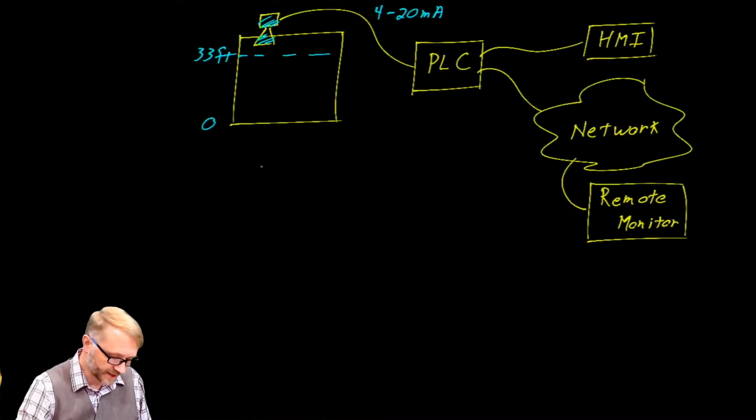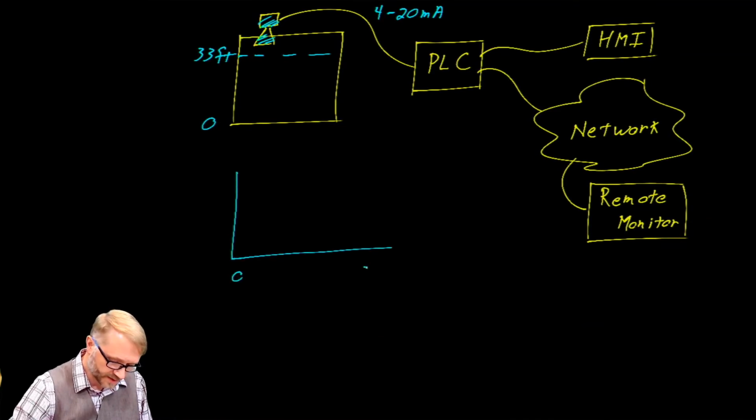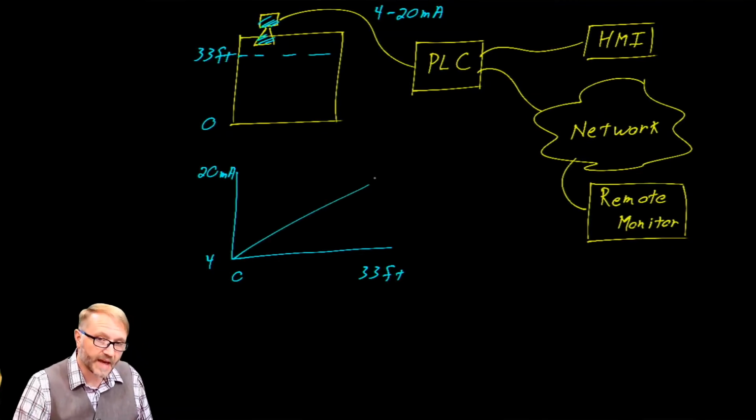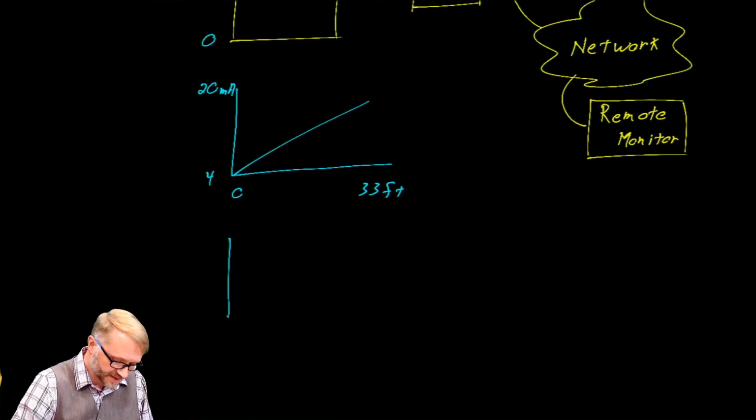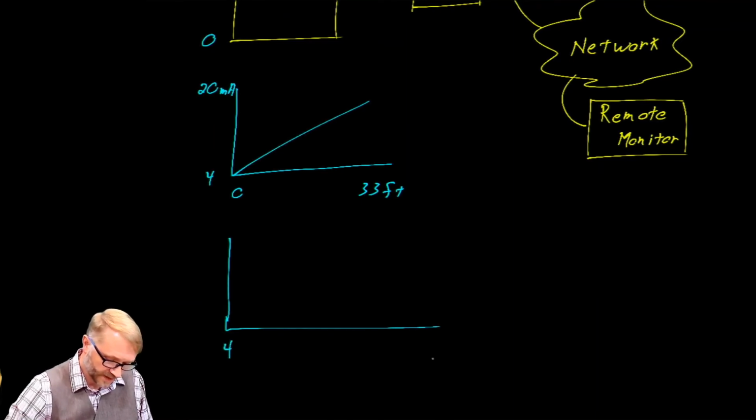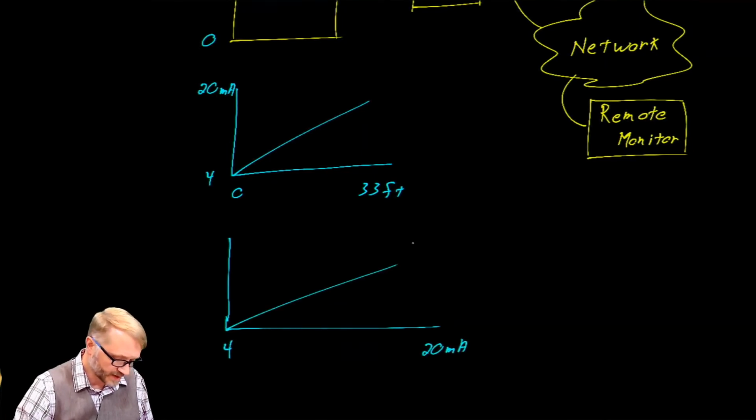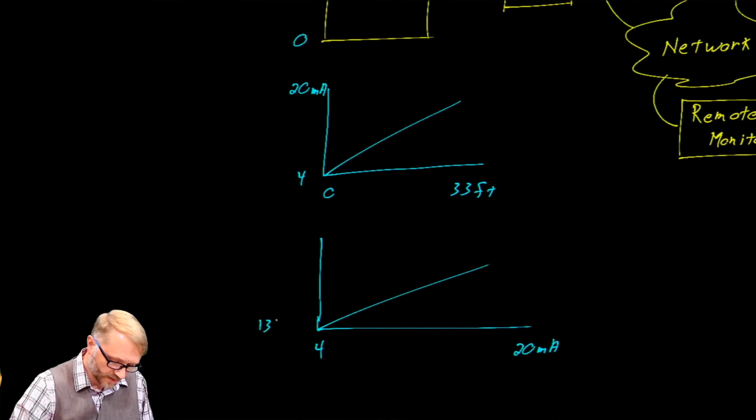That gives you a linear relationship for the sensor, where 0 to 33 feet scales from 4 to 20 milliamps. Again, linear relationship there. The analog to digital converter inside the PLC will see it this way. It'll see that a 4 to 20 milliamp signal scales linearly to 13107 to 65535,